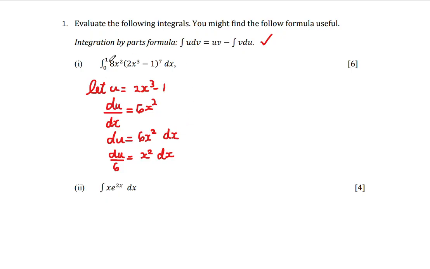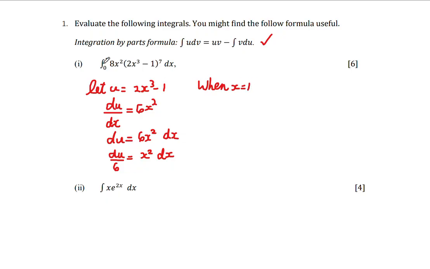So now that we have an expression for du, we need to ensure that we rewrite the limits of integration. So we need to find the new limits of integration. And the new limits of integration will be found using the fact that u is equal to 2x cubed minus 1. So the initial limits of integration, or bounds of the integration that we're given here, are 1 and 0. So what I'm going to simply say here is that when x is equal to 1,